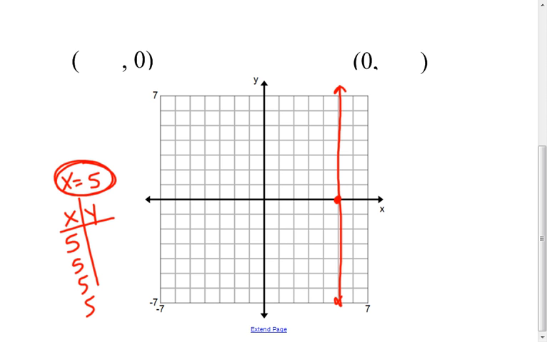But, for instance, right here, I have the point 5, 0. Right here, I have the point 5, 1. Right here, I have the point 5, 4. Right here, I have the point 5, -3. It doesn't matter what my y values are. My y values can go up and down all they want, but my x has to stay constant at 5. Okay, so that might be one way to help you keep vertical and horizontal lines straight. You can think about it the other way too with horizontal lines, and then your y has to stay constant and it doesn't matter what your x is. Okay, so hopefully this helps you